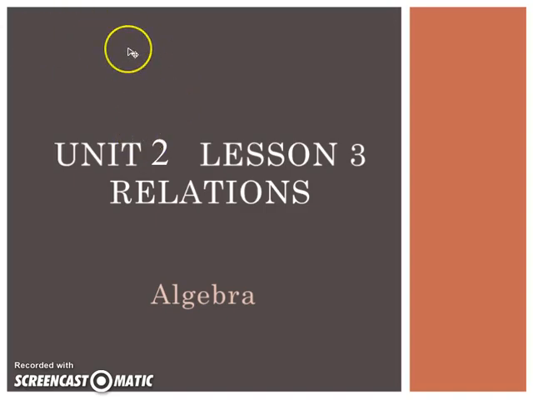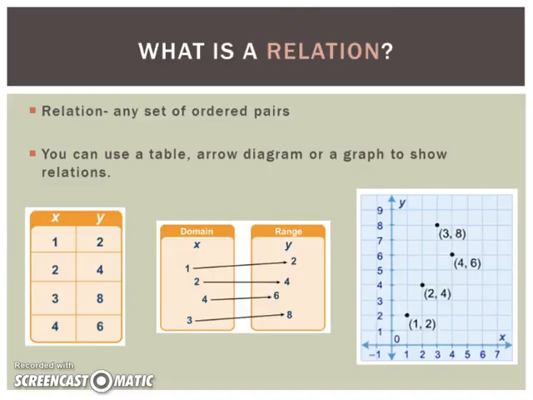This lesson comes from Unit 2, Lesson 3 on relations in your algebra class. So what is a relation? A relation is any set of ordered pairs, and you can use a table, an arrow diagram, or a graph